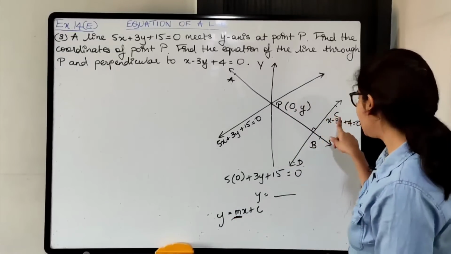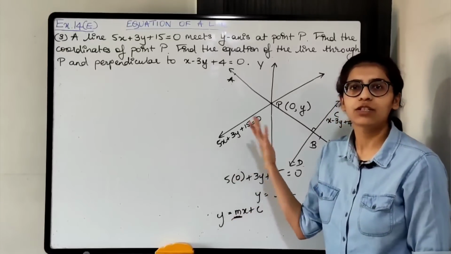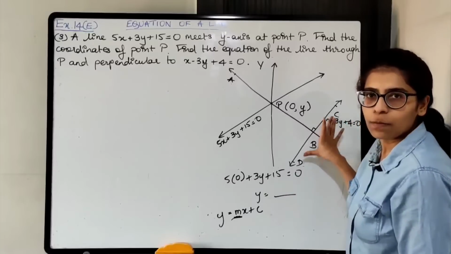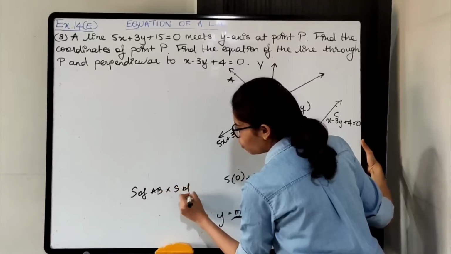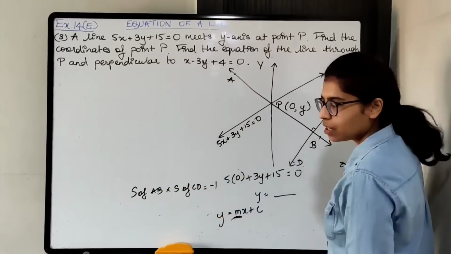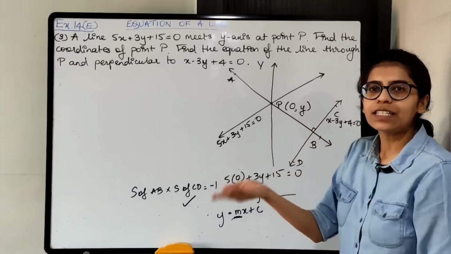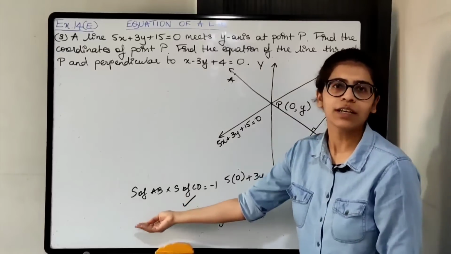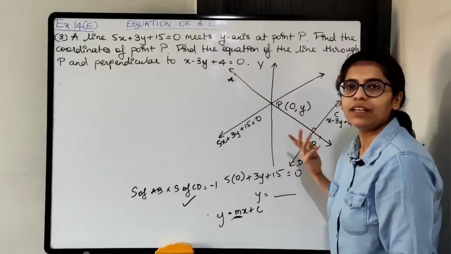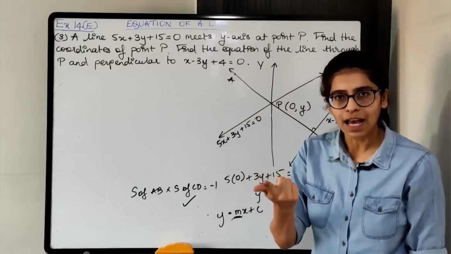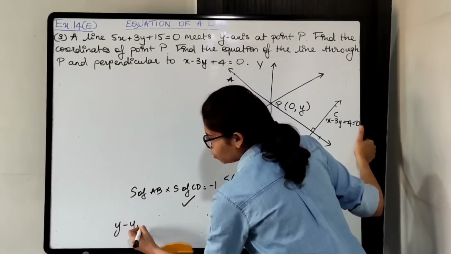ओके, सो CD का स्लोप मुझे इजीली मिल जाएगा. All right, whatever is the coefficient of x, that will be the slope. So once I get CD का slope, I know slope of AB into slope of CD is equal to -1. Put the value of slope of CD, you will get slope of AB easily. नेगेटिव रेसिप्रोकल होगा. ओके, जो भी CD का मिलेगा उसका नेगेटिव रेसिप्रोकल होगा. सो AB का स्लोप मुझे मिल जाएगा. Once I get AB का slope, I have one point का coordinates, I have slope, I'll use point slope form and find out the equation.